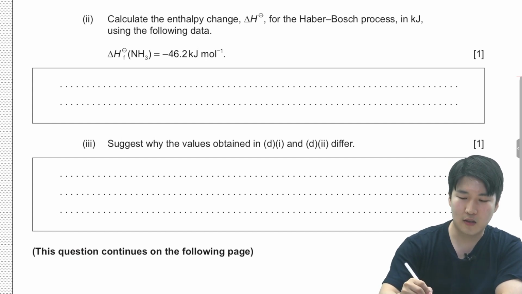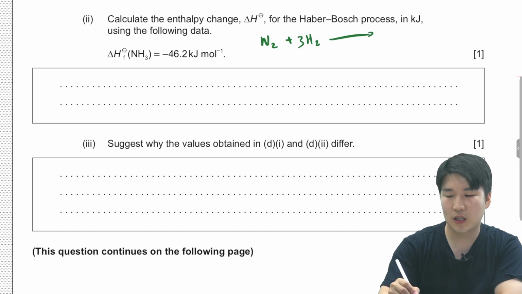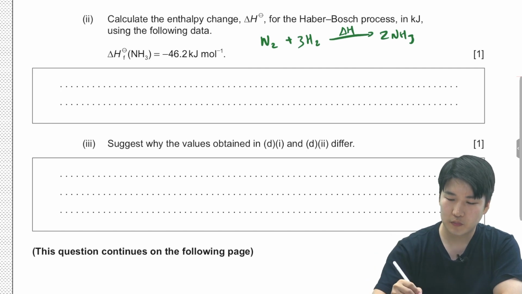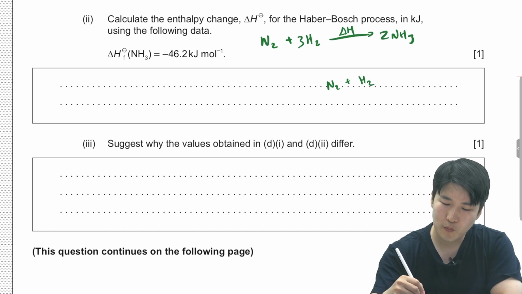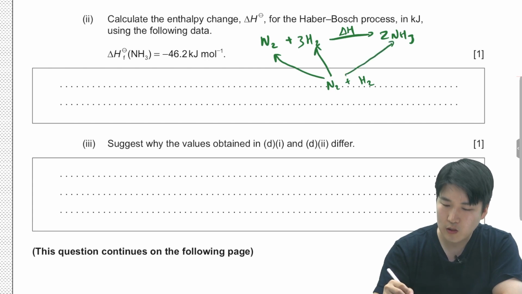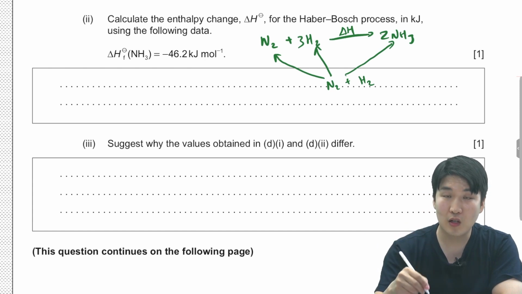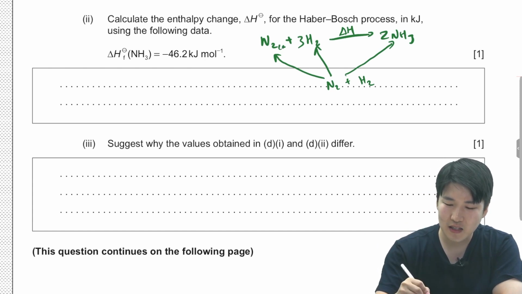If we set up the Hess cycle, we will have a triad of the following: N2 plus 3H2 turning into 2NH3, delta H would equal to forming N2, forming H2, forming NH3, where we know that formation enthalpy values for nitrogen in its standard state gas would be 0,